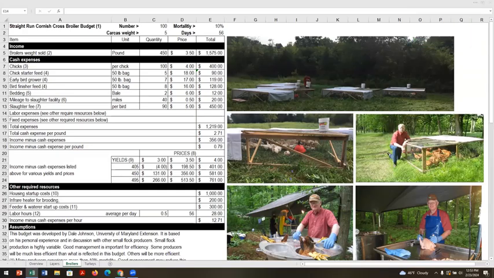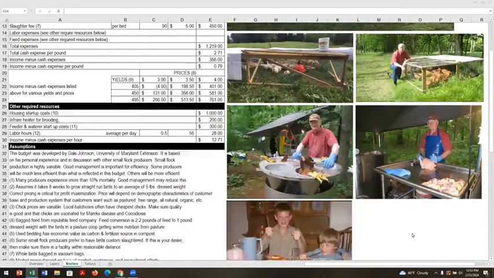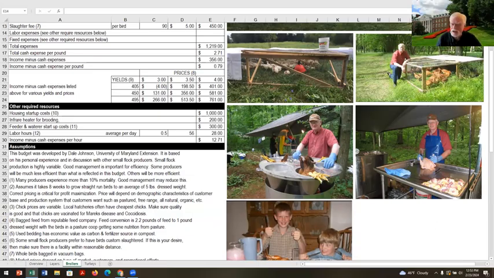As far as equipment goes, I can answer that one too. It all depends on how much you want to do by hand. I've actually processed birds on a table out back with none of the equipment, but it's a lot easier if you have the equipment and it goes a lot faster. So here's the killing cones, and you definitely got to have killing cones. This is fancy. This is stainless steel. You can make them yourself, okay? Because this is probably a little pricey. So you can make these yourself with plastic cones, all right? But you got to have killing cones.